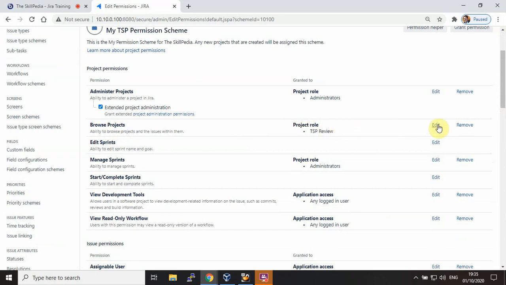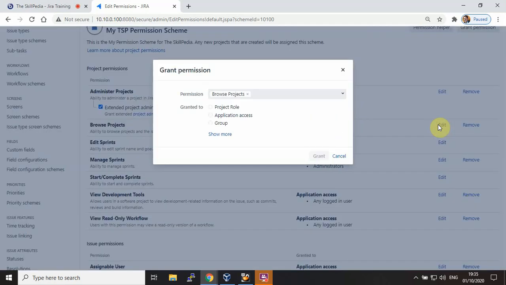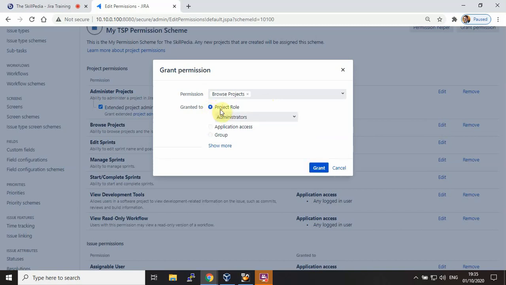Let's edit it. Now we want this user to accept a project role, and the project role is, let's say, TSP tester, because this is the role we created. So we are assigning this permission of browsing project to the role TSP tester which we created. This is how we grant it.